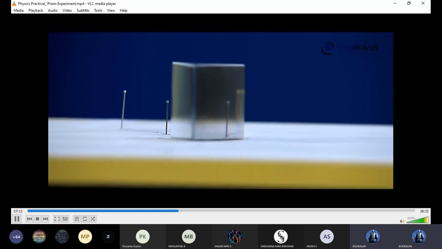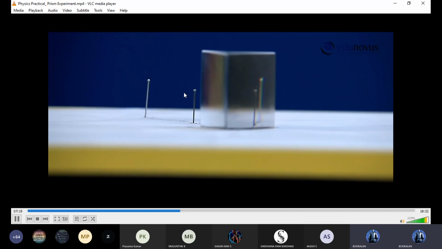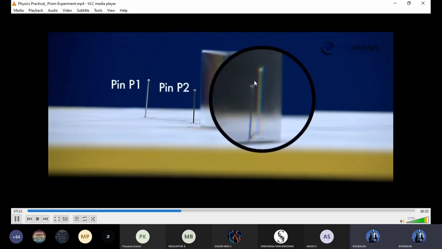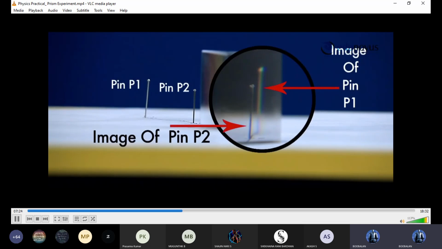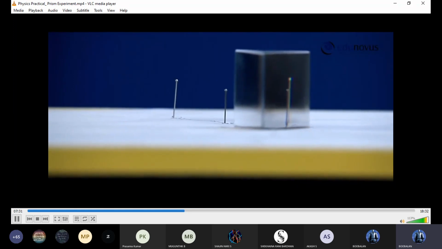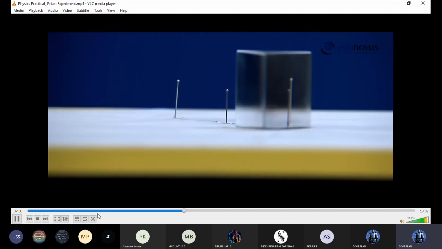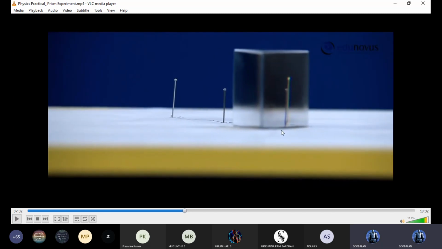Finding the coincident point. See there. This is the incident point, no? Now this is pin 2 on the same line, the image of pin 1 and pin 2. Finding the coincident point. Now see that. So at this point, you want to place 2 pins. Incident pin 1, pin 2 is the image, no? Here 1 pin, and after 5 or 10 centimeters, 1 more pin.